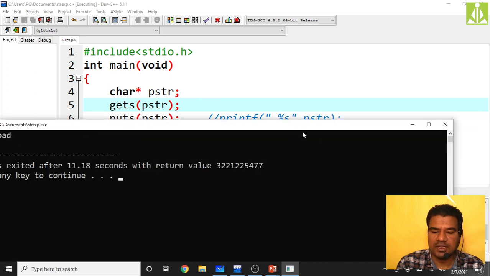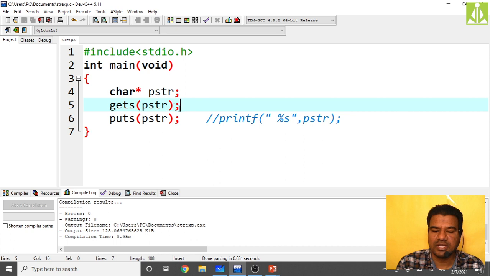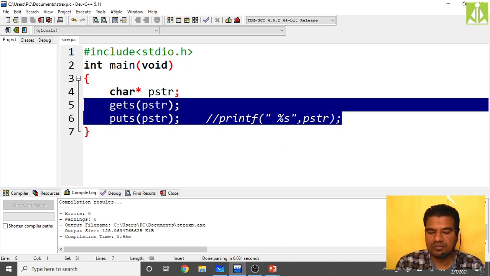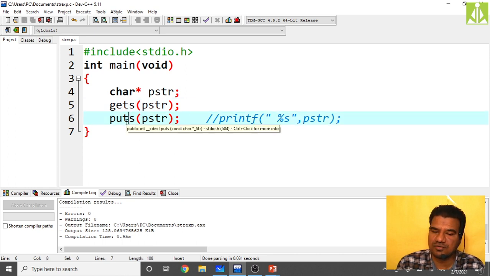It is not adding the delimiter, it seems. It is not adding the delimiter. That's the reason why you are not getting it. Okay. So you check this same program in Turbo C, it will work. So that's why I said your Dev C++, it is more sophisticated, it is more sensitive. Even a minor issue it will not accept. But if you check this same gets and puts in your Turbo C, it will work.